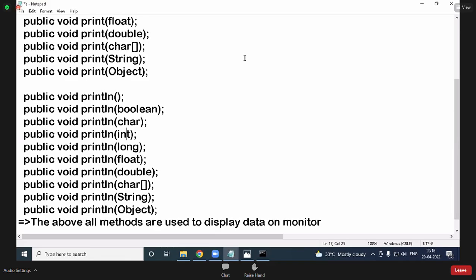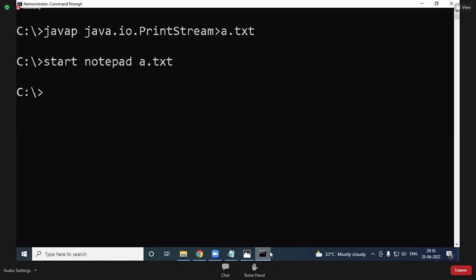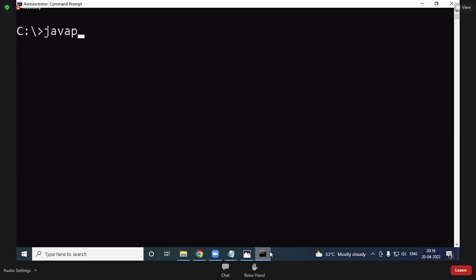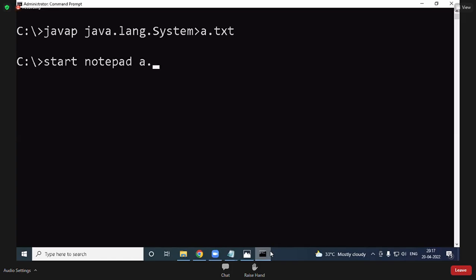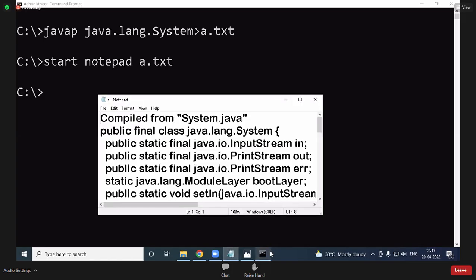One object is referred to by out, and one more object is referred to by err. Out and err are present in which class? The System class. If I open the System class profile, you will get clarity. See, javap java.lang.System.